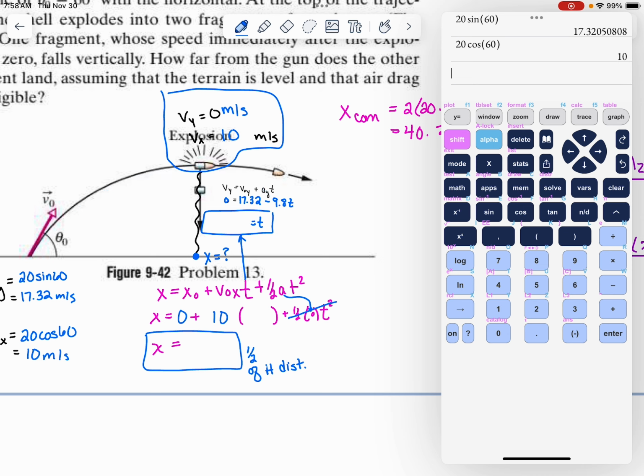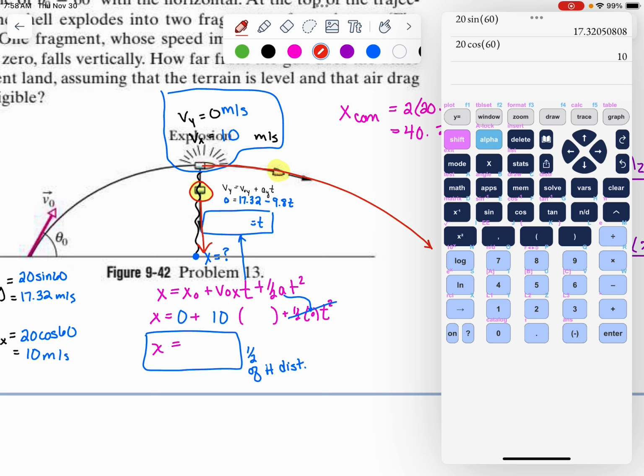So the center of mass is made up of this guy and this guy's position. We know this one is just going to land right there, and this one is going to go way over. So the center of mass of the system is going to be the balance of that position and that position. So right here, which is just the